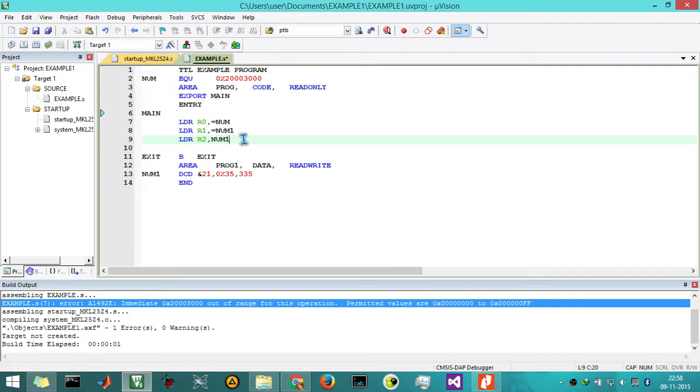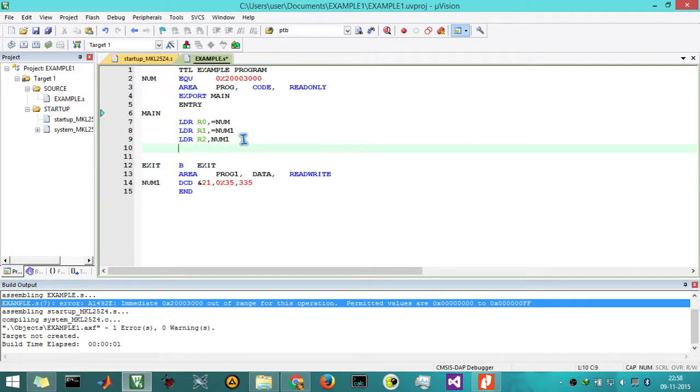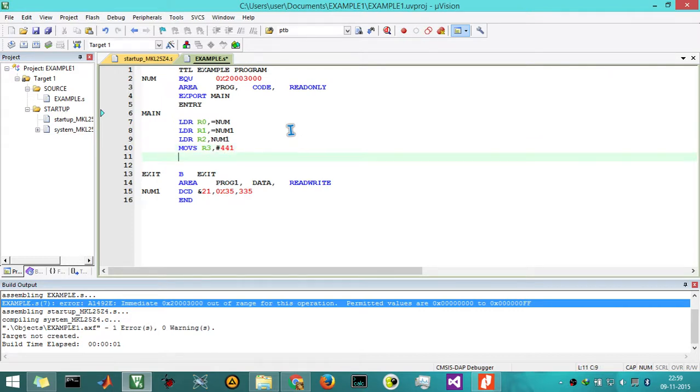Now, thinking that a data has been written at this memory location, I try to load the data, say hash 441, and LDR R4 comma R1.